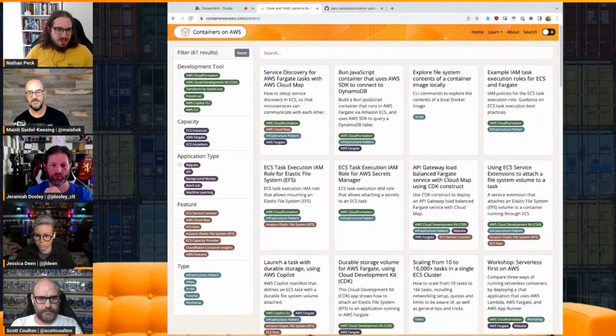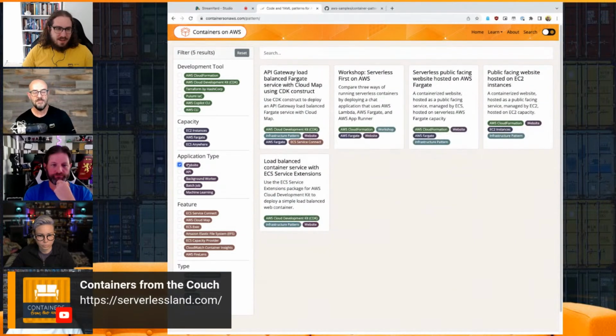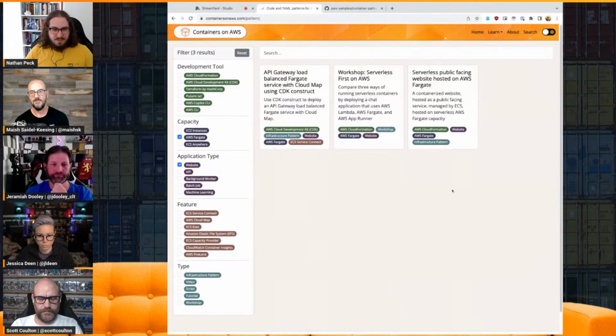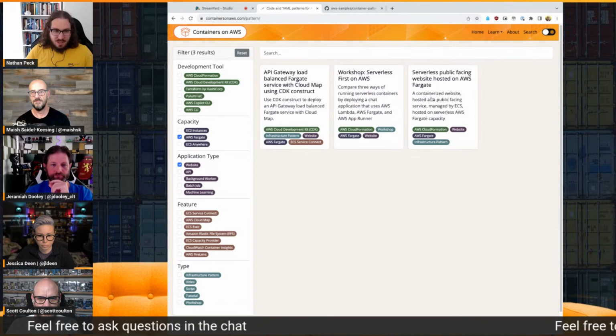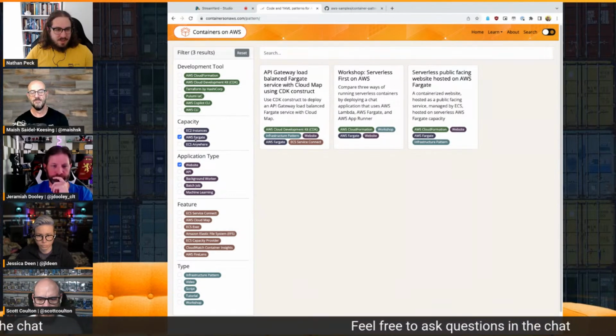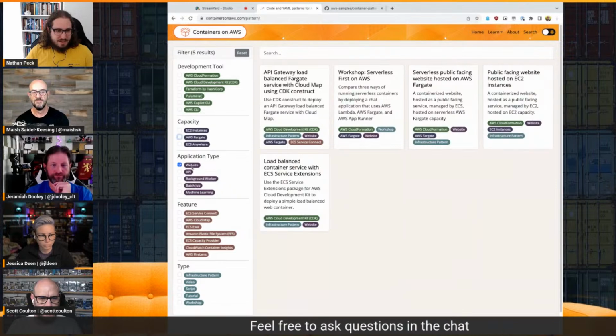So let's say I could choose that I want to deploy a website, and I could choose that I also want to deploy it on AWS Fargate. And so here I've filtered down the list of potential ways to approach containers on AWS to these three patterns that all follow those two dimensions of AWS Fargate and website.